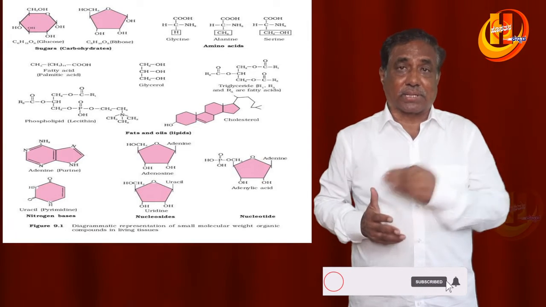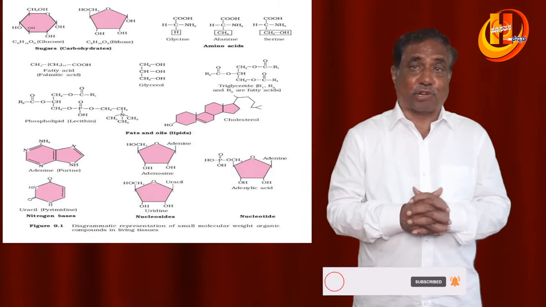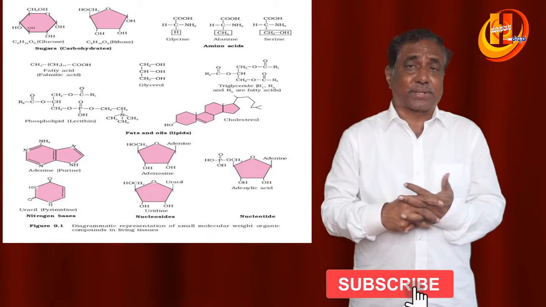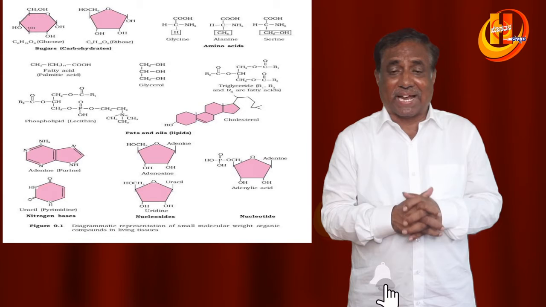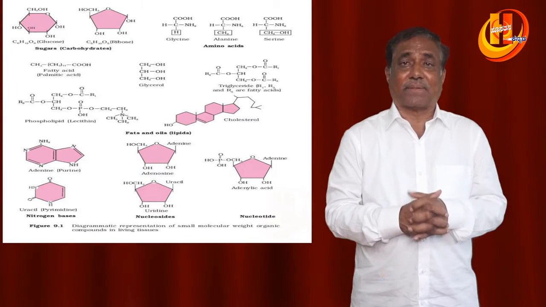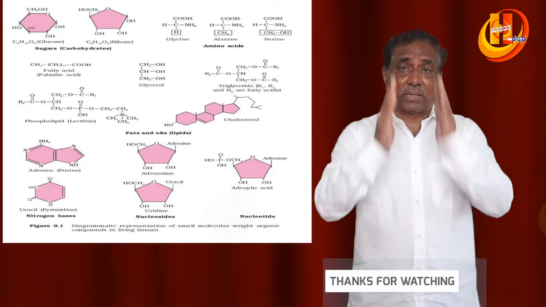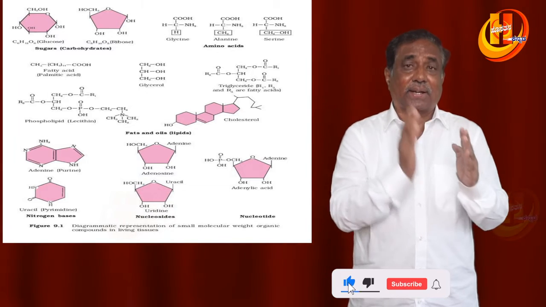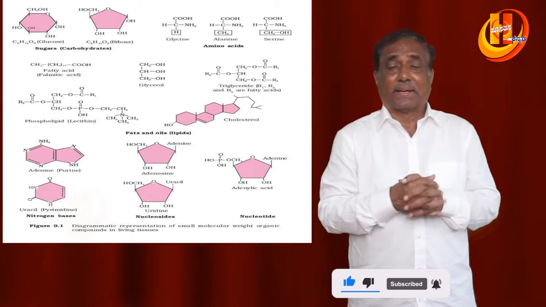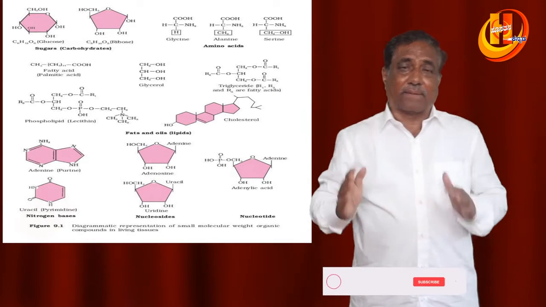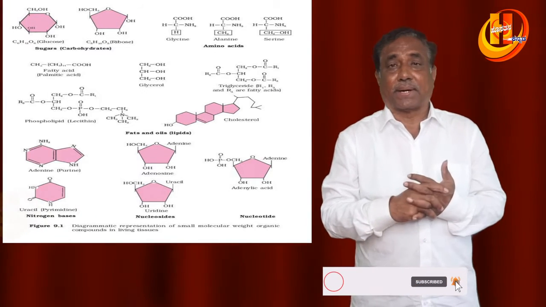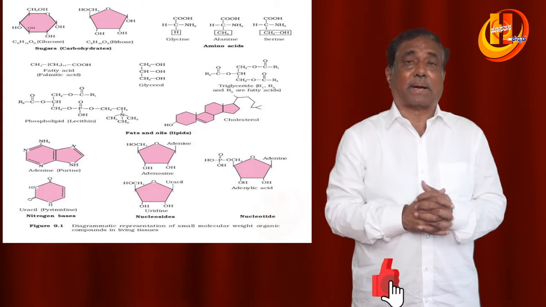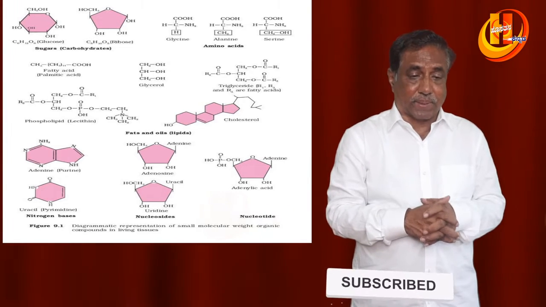You will study the structure of proteins in biochemistry in detail, along with the structures. Next to this, the structures of some simple amino acids are given. Say, for example, glycine: if the R group is only H, it is glycine. If the R group is CH3, it is alanine. If the R group is CH2OH, that is serine. These structures are given, and these things are very important. Also, all the structures you are expected to study in the textbook given, that is important for your NEET examination.